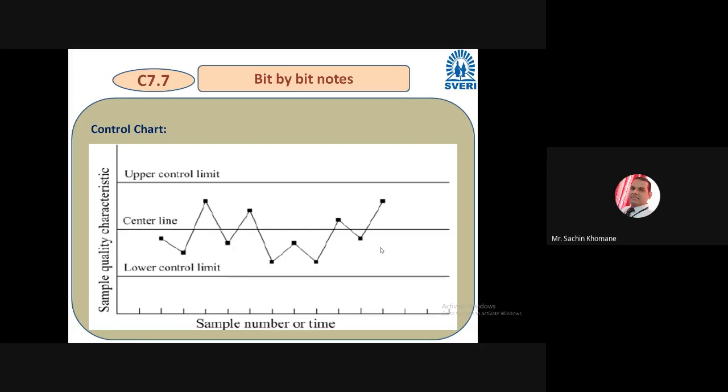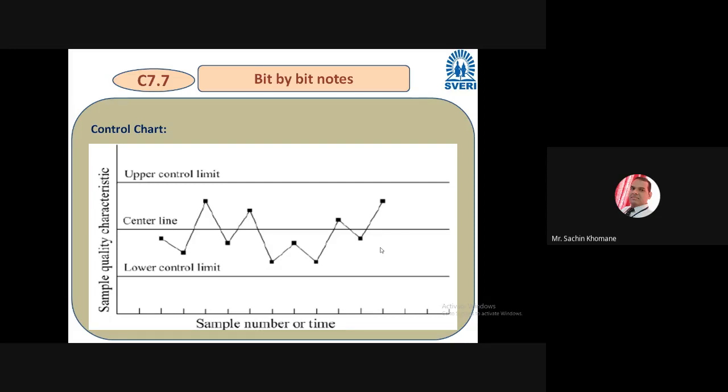Definitely the process will not be exactly horizontal. Be it the mechanical industry, chemical industry, or food processing industry, can you see performance being horizontal, remaining constant over a period of time? Definitely not, because variations will be there, errors will be there, right? But how much, that is very important. So it should be within the limit, and for that purpose you have to decide your upper limit and lower limit, and you are the appropriate people to decide those limits.